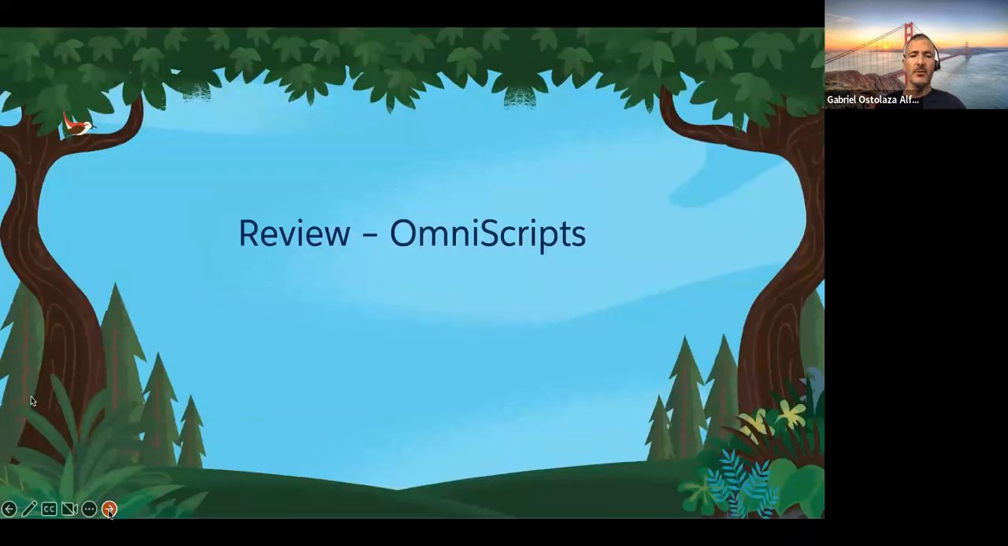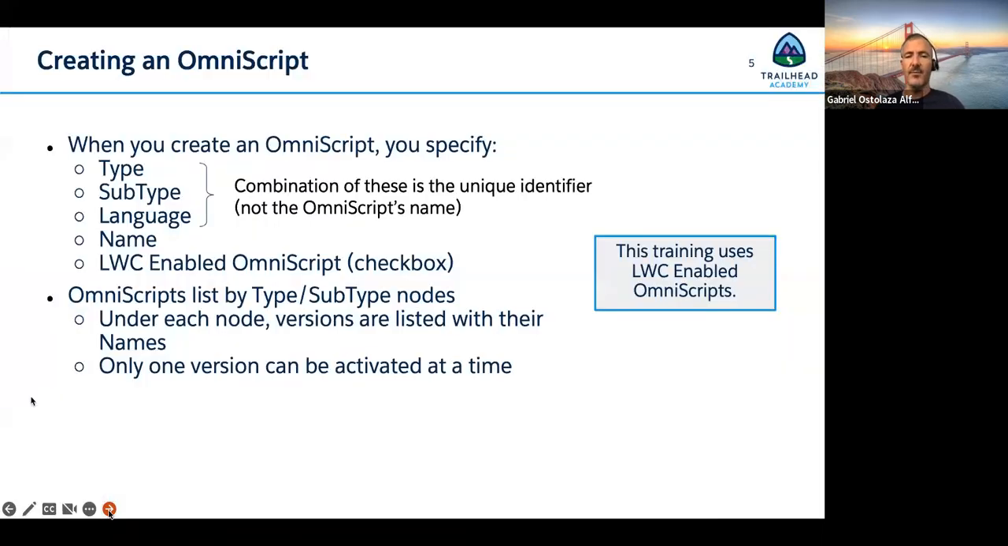So first of all, we are going to review a couple of ideas of Omniscripts. They are uniquely identified by the type, subtype, and language. The name is just a label. And we are going to use Lightning Web Component enabled Omniscript. So you will see that most of the components are Lightning Web components. And they are going to be listed as type and subtype, and then the names will appear below as each